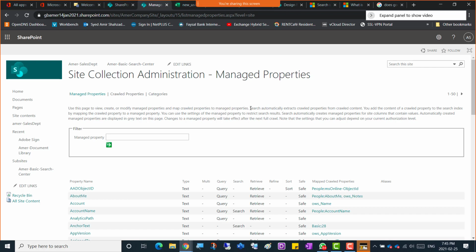So search automatically extracts crawled properties from crawled content, which is search properties crawling through the site and collecting all the information. You add the content of a crawled property to the search index by mapping the crawled property to a managed property. You can use the setting of the managed property to restrict search results. Search automatically creates managed properties. Now, when you say managed properties, this means